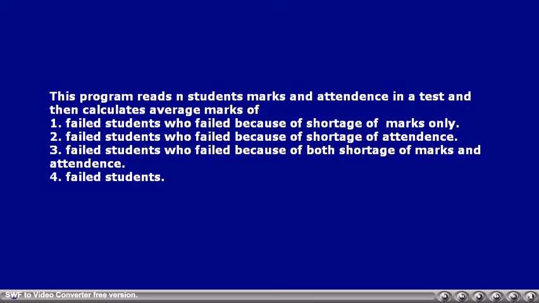That is, some people might be failing because of the shortage of the marks, some may be failing because of the shortage of the attendance, some may be failing because of the shortage of both marks and attendance. So this fourth category is the union of these three categories.